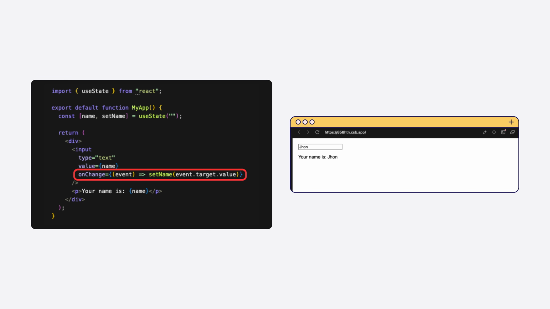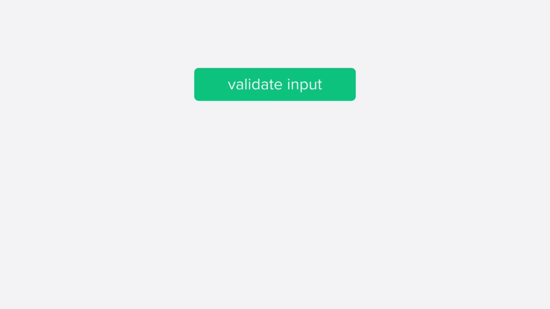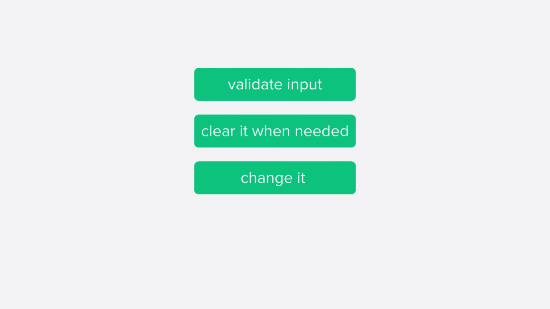Exactly. The onChange function updates the state, and React re-renders the input with the new value. So the input isn't just doing its own thing. React is watching and controlling it the whole time. That's right. This makes it easy to do things like validate input, clear it when needed, or change it based